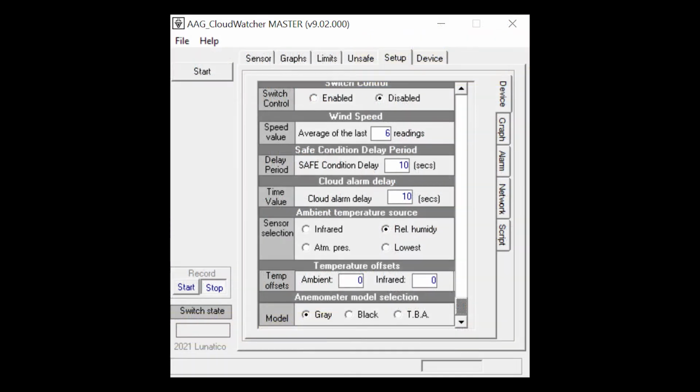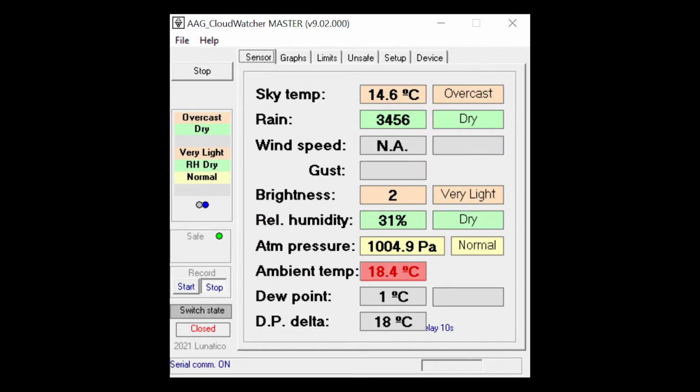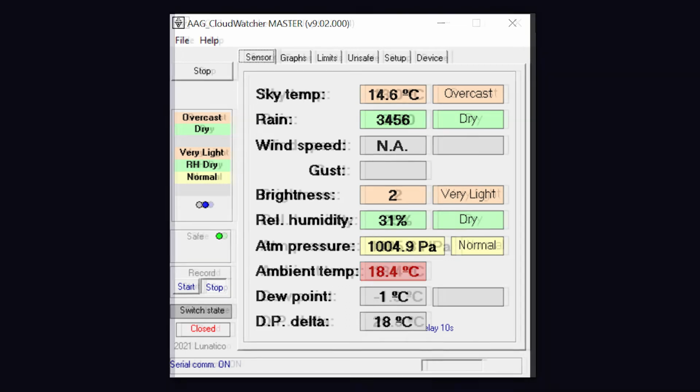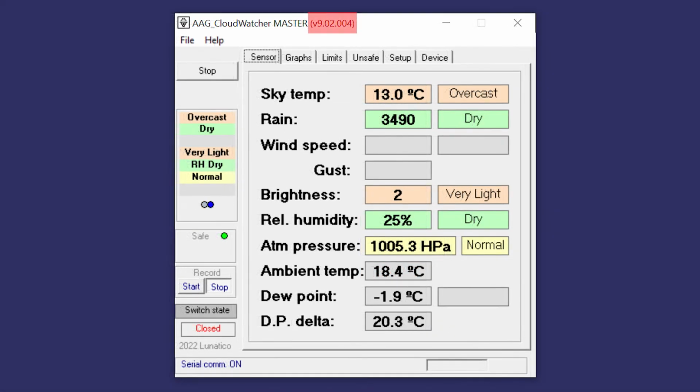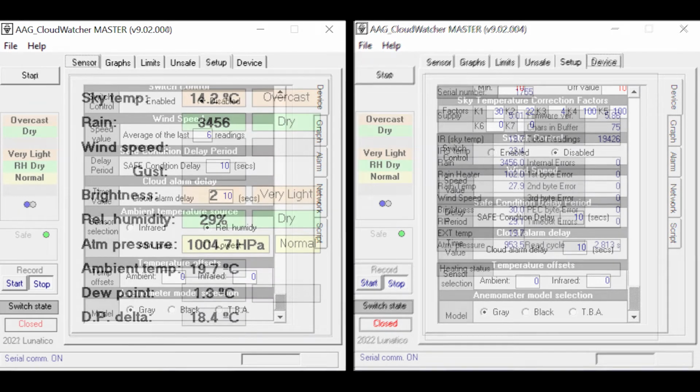Many of the CloudWatcher sensors can report temperature information, and software versions up to and including 9.2 allowed the user to choose which sensor displays its information on the Sensor tab. As you can see, this video is using a beta version of the software, 9.4, which has removed this option and now automatically favours the external relative humidity sensor as the temperature source when this is available.